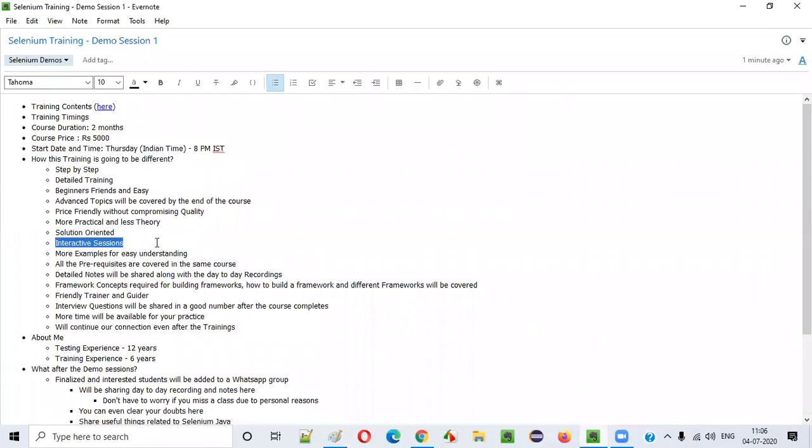Next thing, the sessions are very interactive. Don't think that I am just frightening you, guys. The main intention of being interactive is to keep you active during the sessions. If I say type S, and you type S, you will feel very happy. Just type that you are active and listening to the session. If you don't type anything while attending, you will feel sleepy.